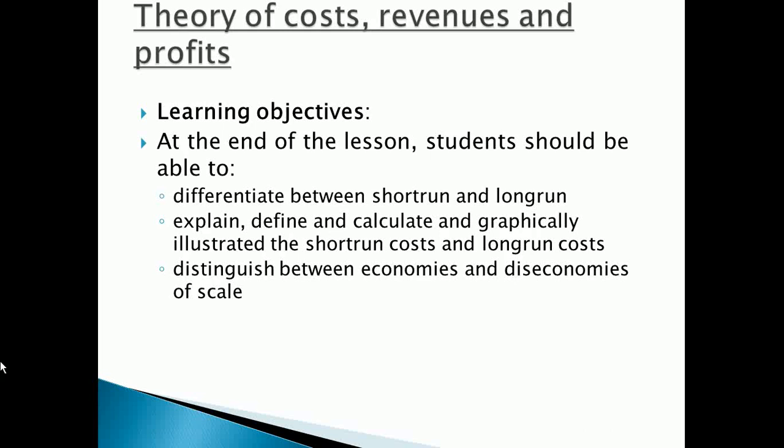Now let's look at the theory of the firm. When it comes to production in an organization and in a firm, there are so many factors that are utilized: labor, land, capital. For each production, cost is structured and broken down into different patterns, looking at different types of cost, both in the short run and in the long run. Now let's look at some key words and key concepts before we move on.